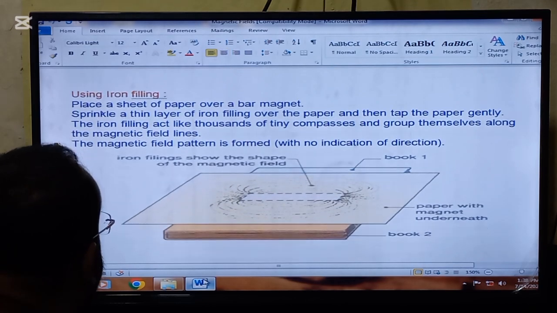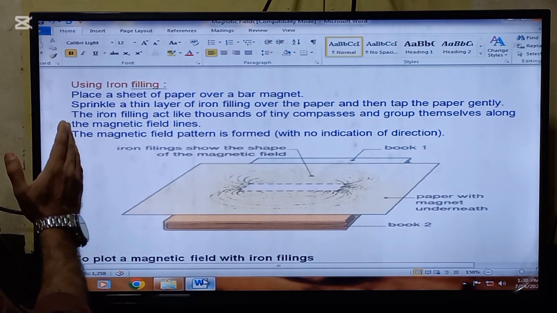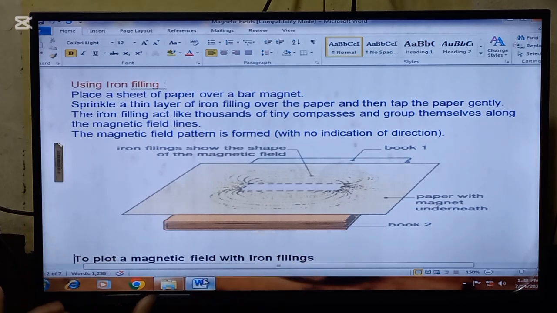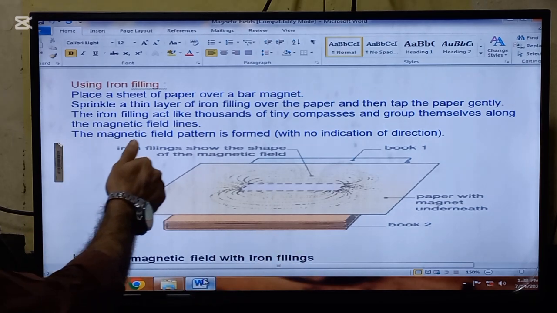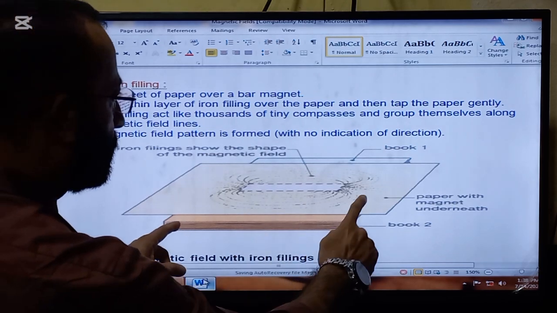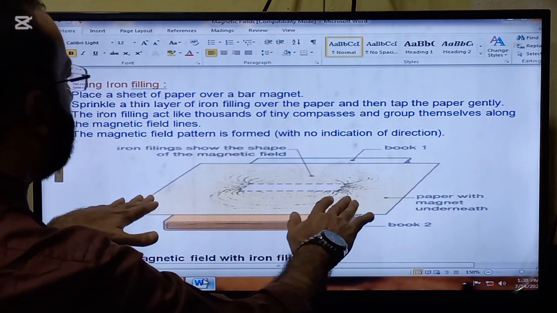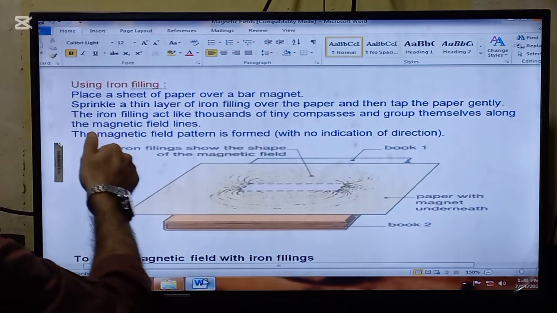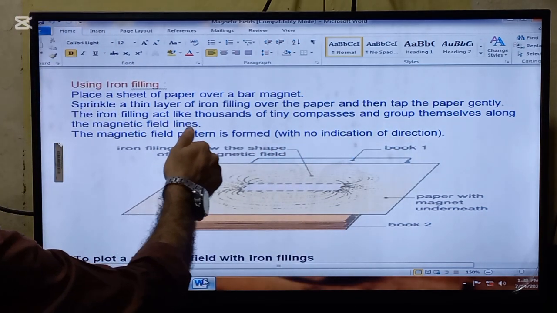Here is another method that is called the iron filling method. This is a much easier method. Look now. Place a sheet of paper over a bar magnet. So here is a bar magnet. So put a sheet of paper on it and then sprinkle a thin layer of the iron filling over